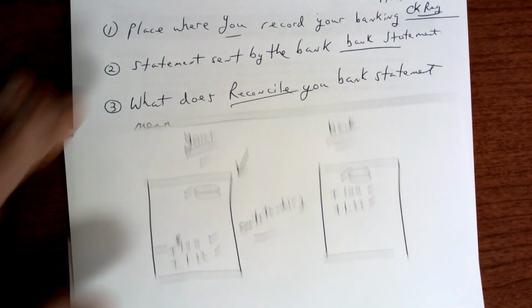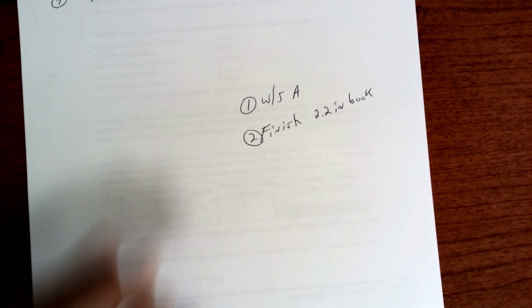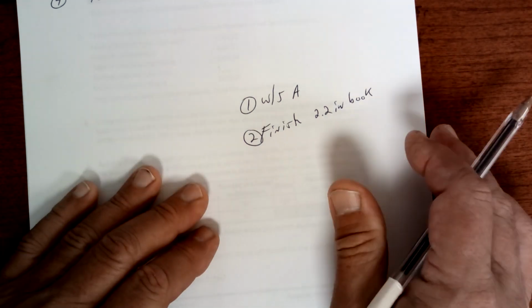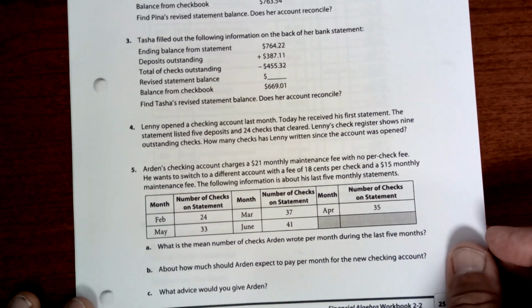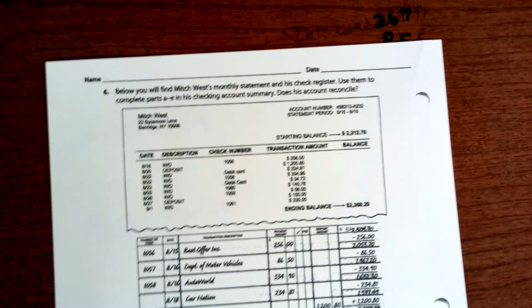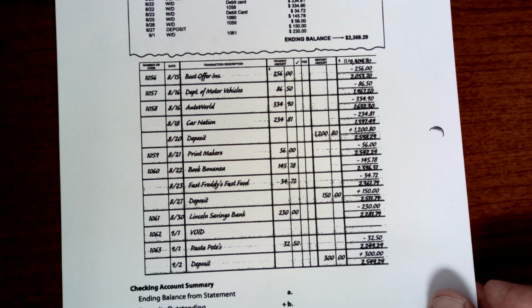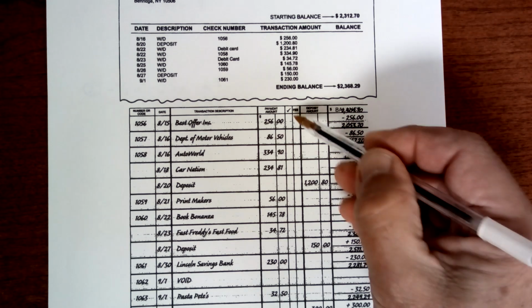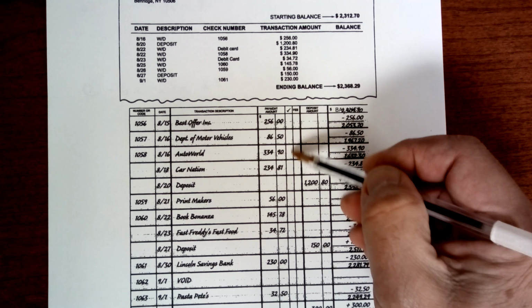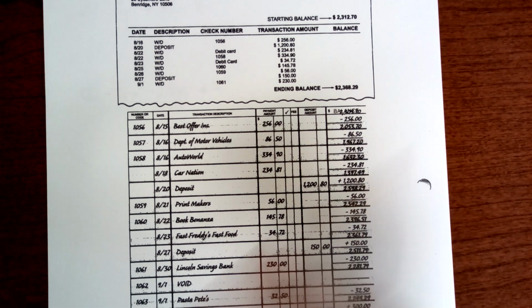Today you have a worksheet A, and you need to finish 2.2. So everybody should be working on the worksheet first, and if you can't be with us, the worksheet looks like this. And then the back side looks like this. And remember to check it off as you reconcile. All right? Let's turn our attention now